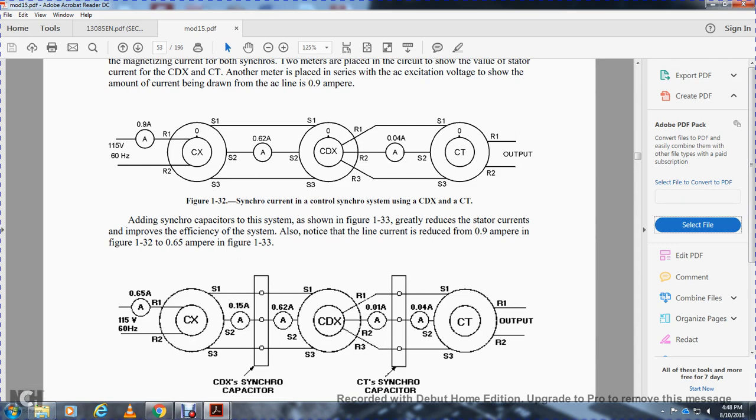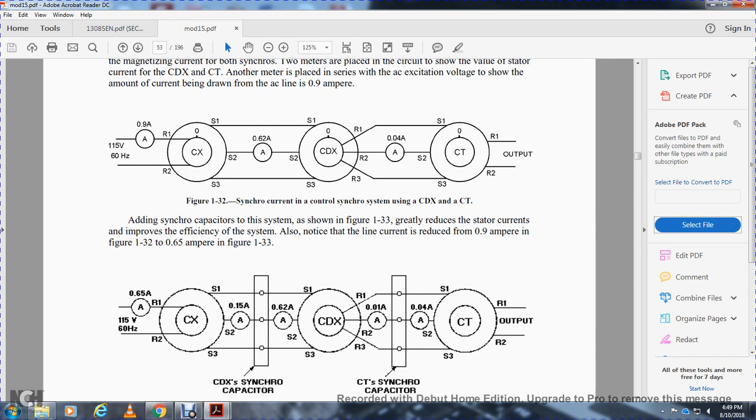The control transmitter with stator 1, stator 2 and stator 3 goes through the control differential transmitter synchronizing capacitor. Stator 2 has 115 volts and goes to stator 2 through the control differential transmitter. The synchro capacitor is 0.625 amps to the control differential transmitter. Control differential transmitter rotor 1, 2, and 3 go to the control transformer synchronizing capacitor, stator 1, stator 2, and stator 3. The control differential transmitter, with a milliampere or 1/100th of an amp, goes through the control transformer synchronizing capacitor at 0.04 amps,